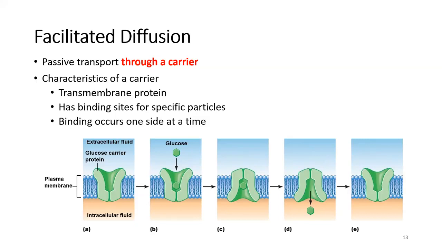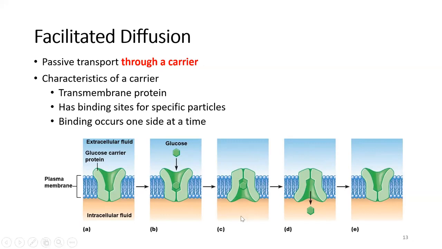These are some of the proteins that are embedded in the phospholipid bilayer. And they have specific binding sites that are unique for specific particles. We'll talk about an example with glucose in a minute. And so we've got binding occurring on one side of the membrane. This is the open phase side of this transporter or this carrier. It binds, and then the protein or the transporter goes through a configurational change where it changes its shape, and